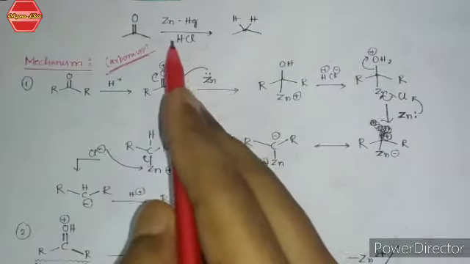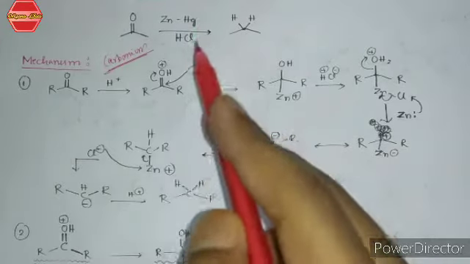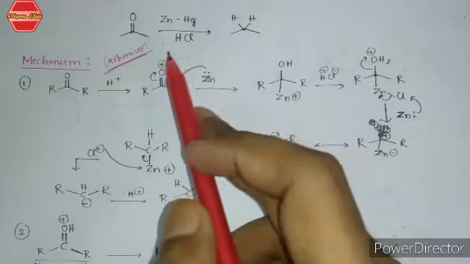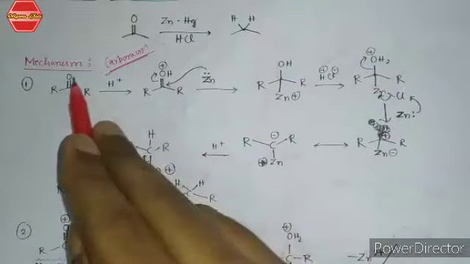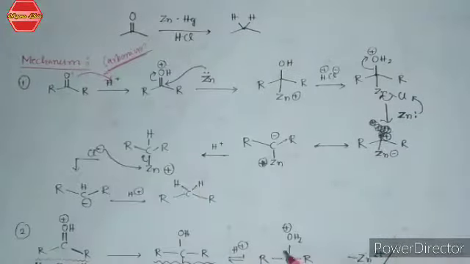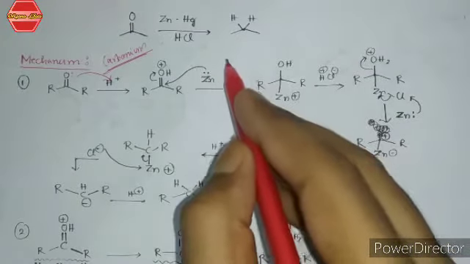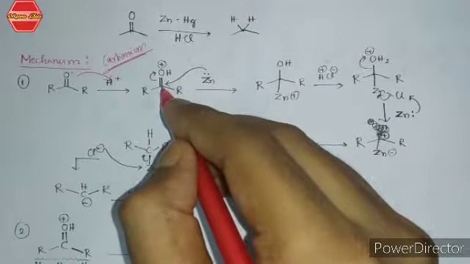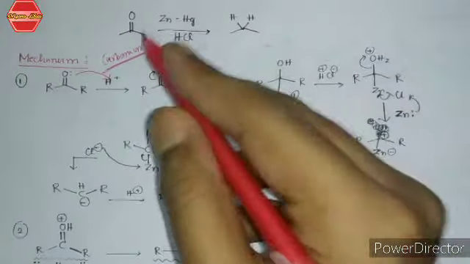You have to carry out this reaction in presence of acid, any kind of acid, and generally the acid used is HCl. Now see, this H plus is used. First, oxygen has a lone pair of electrons, so this lone pair takes a proton in presence of acid. And now see, zinc has a free electron, so this electron attacks this carbonyl carbon, and this bond goes over to the oxygen center to neutralize this oxygen.